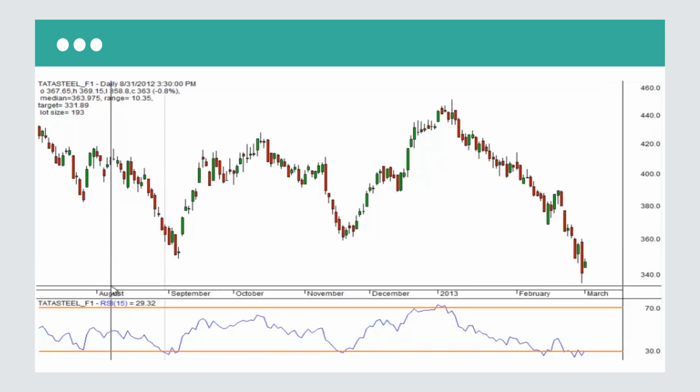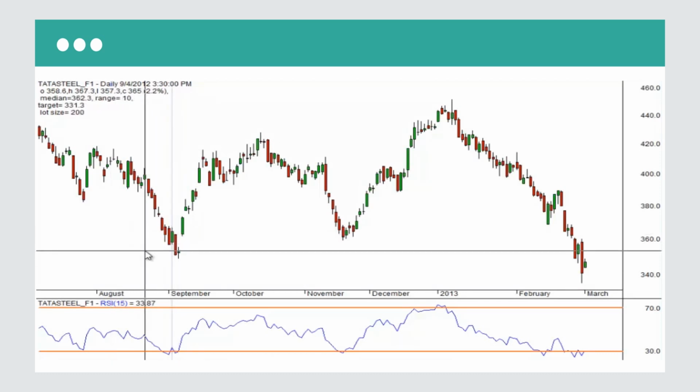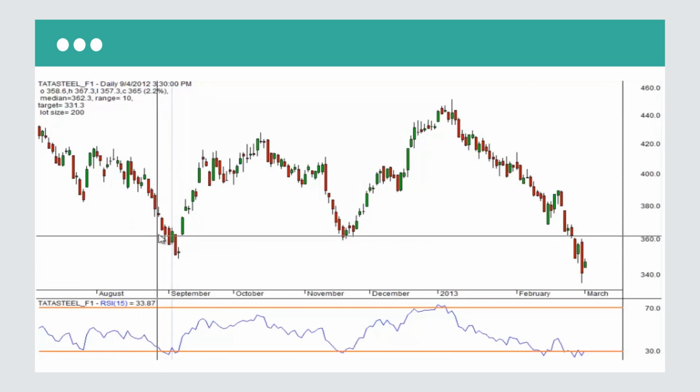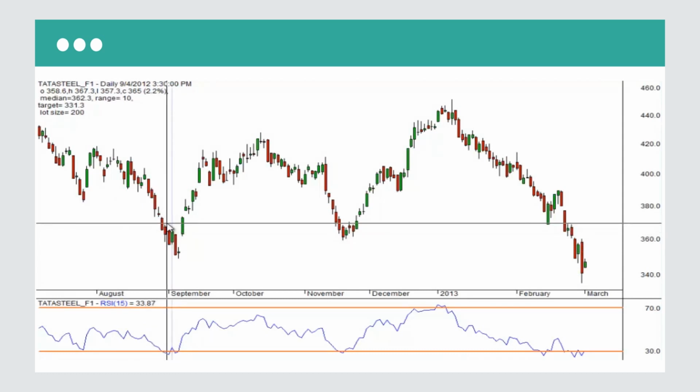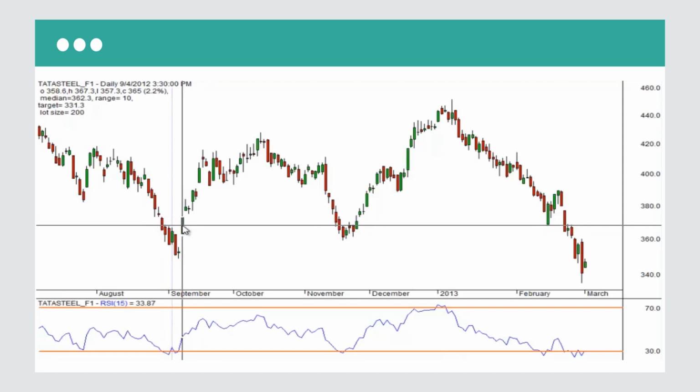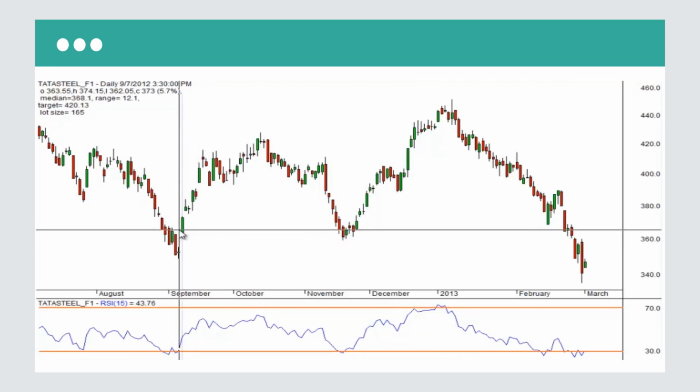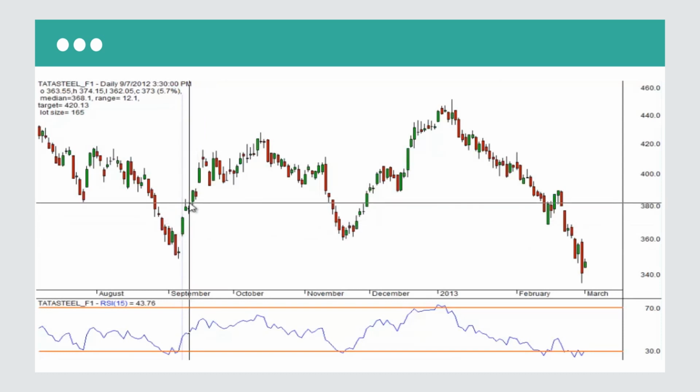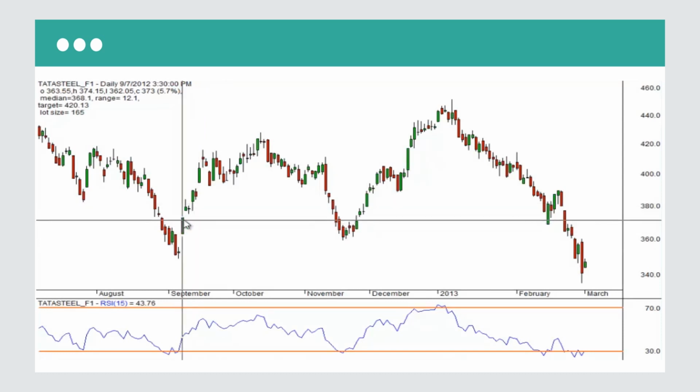Wait for a swing high to form. As you can see, the next bar was red, then we have a green bar, a huge red bar, and a small green bar. Now this green is an aggressive swing high, and we can actually place a buy order over here. The next day, on the 9th actually, we got our entry, and this is our entry point. Worked pretty well. Let's move on further.